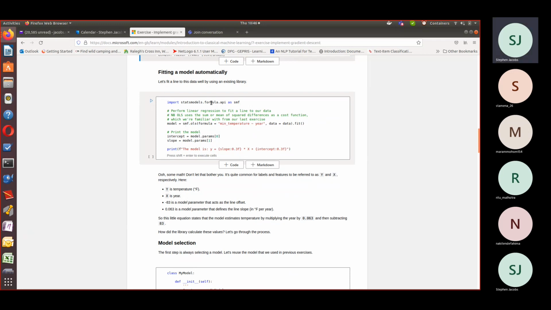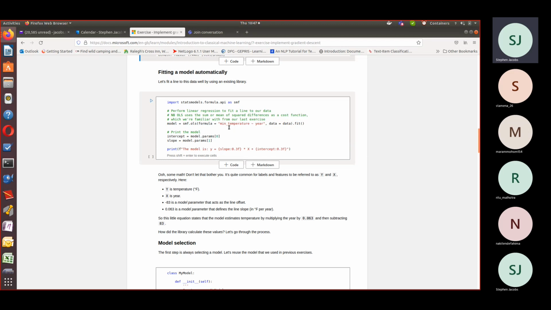We're importing this from statsmodels.formula.api as smf. smf could mean anything. And the OLS, which is the ordinary least squares method, we're applying given our formula